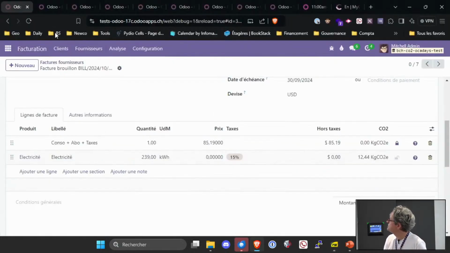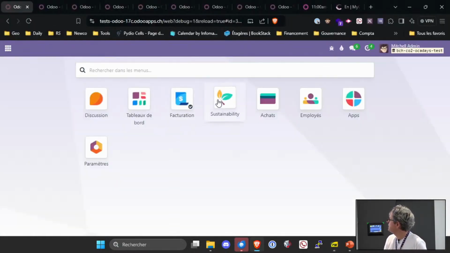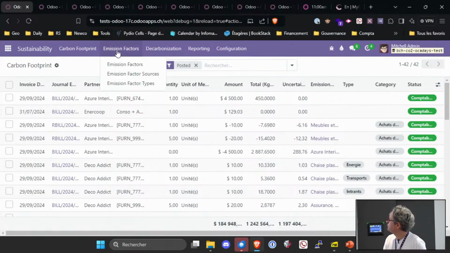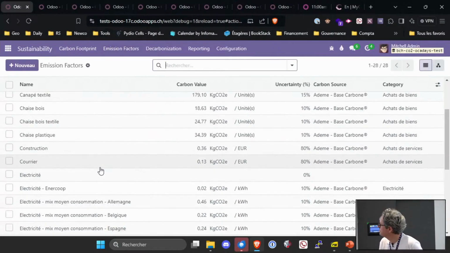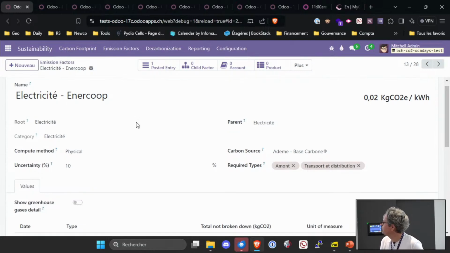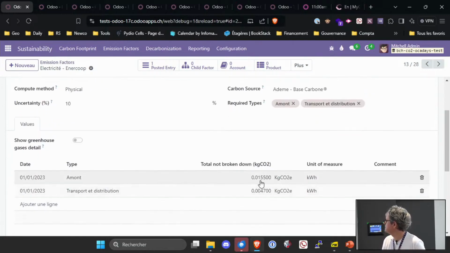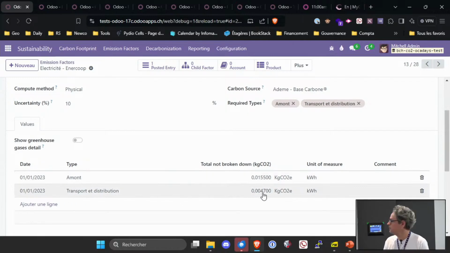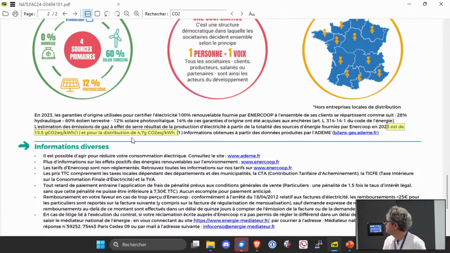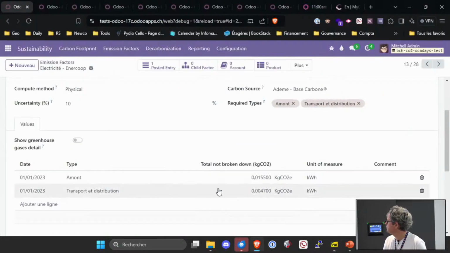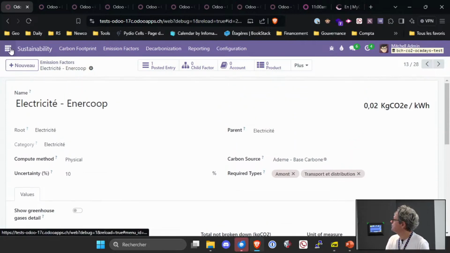I have created the emission factor just before in order to be faster during the demo. They are saying it's 0.055 for the upstream part, and for the distribution, this is their emission factor, as you can see here, 15.547.